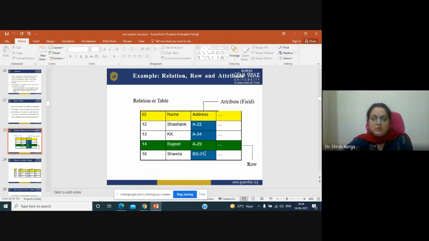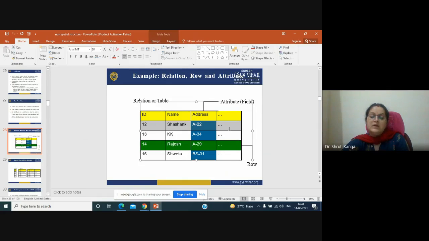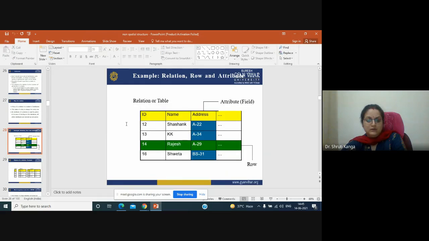Each column is a different attribute, and a complete row has the complete information about Rajesh, or this first row has the complete information about Shashank and his number. So each column is a different attribute, and the row has complete information about a particular thing.